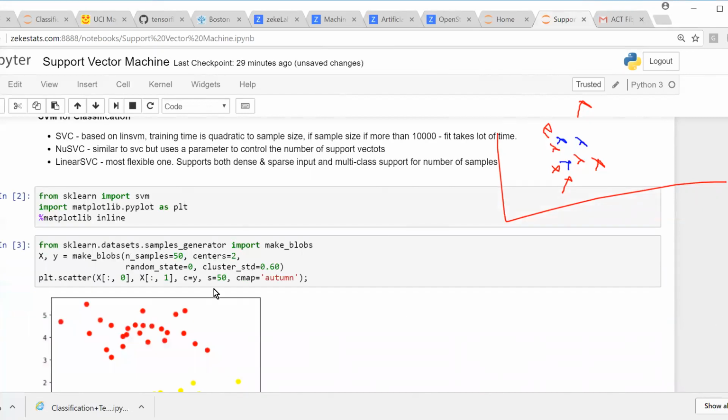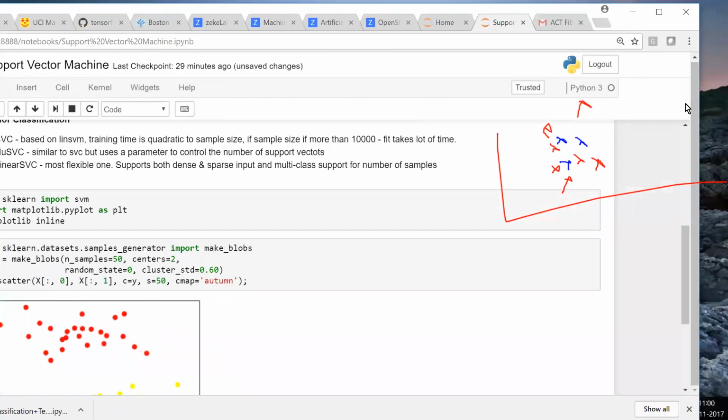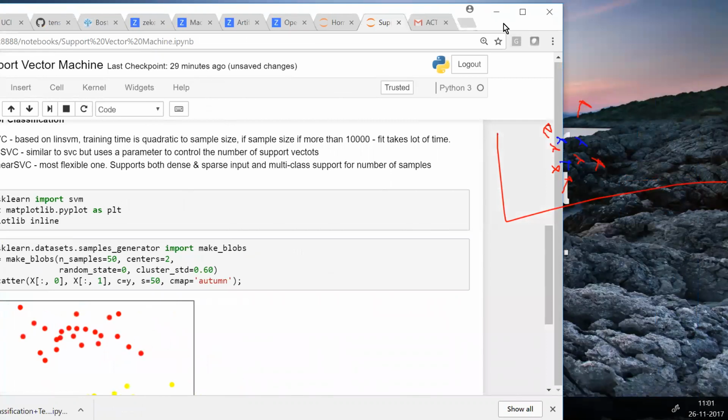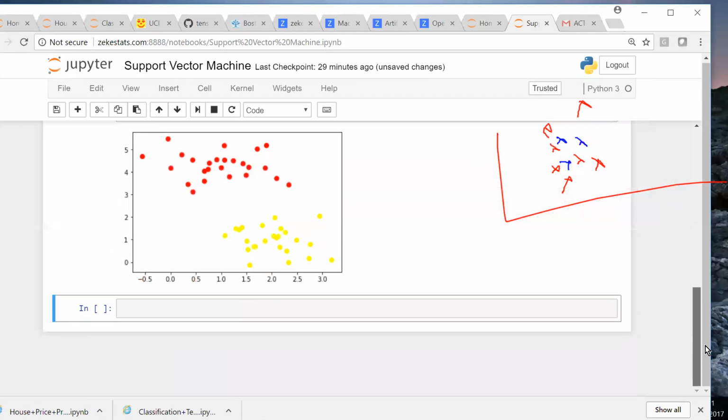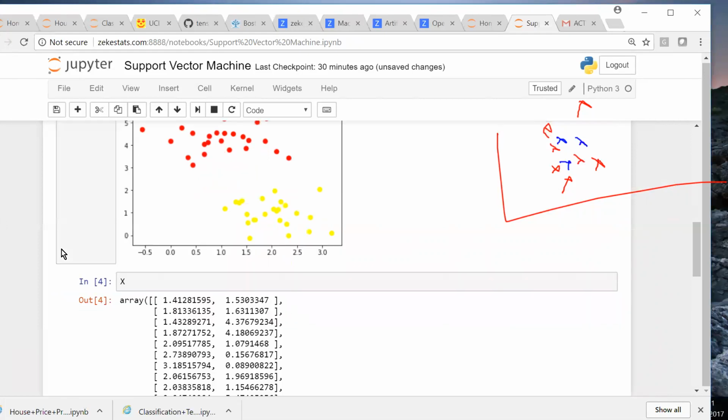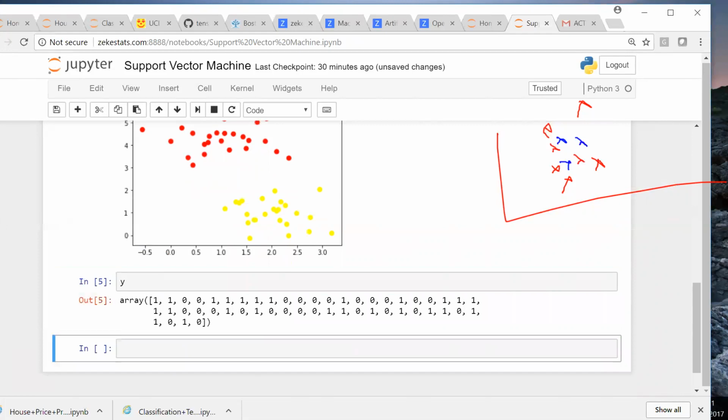Okay, this is the data, of course. Nothing but creating a binary class data. This is x, this is y. Binary classification. So now